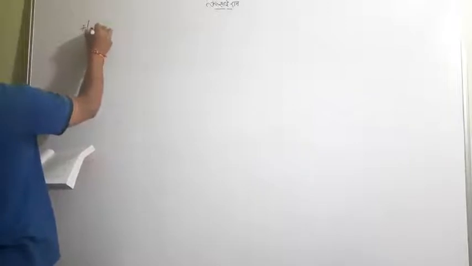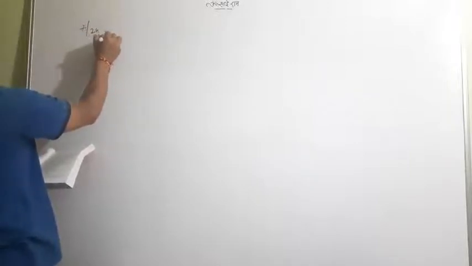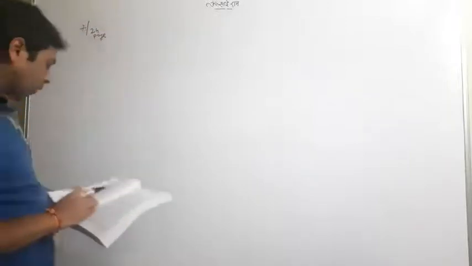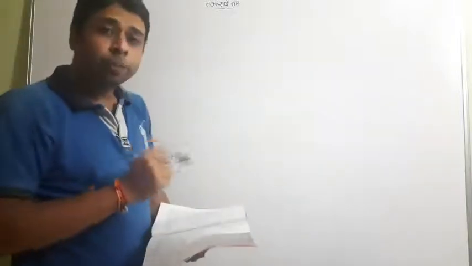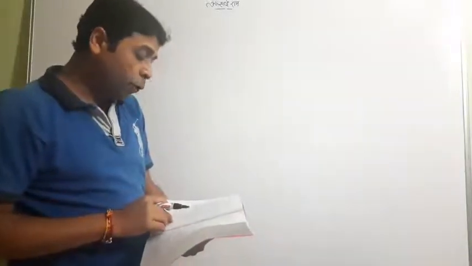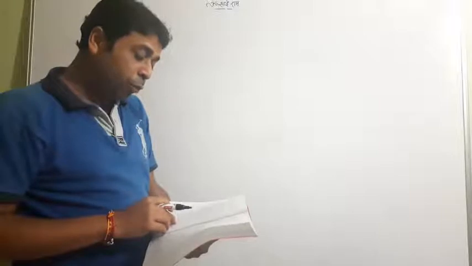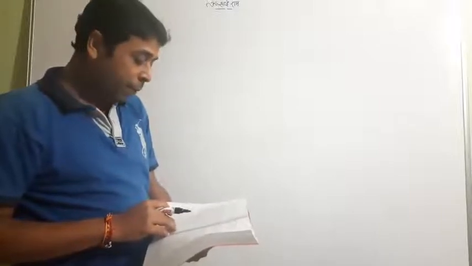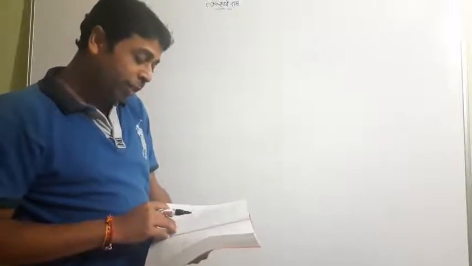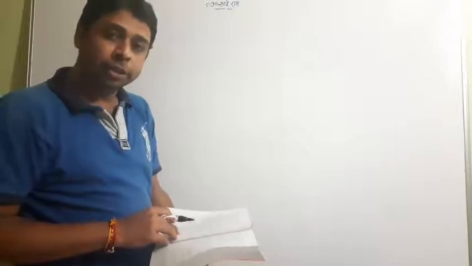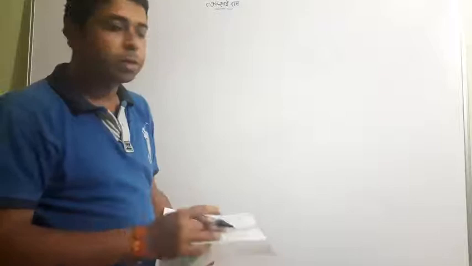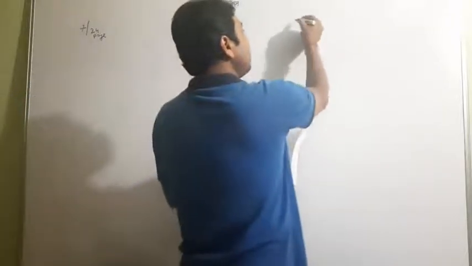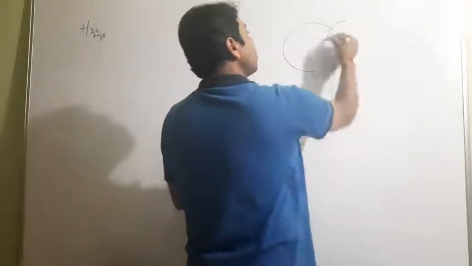Look at the 7th question of the exercise, page 24. The question says, in a group of 65 people, 40 like cricket, 10 like both cricket and tennis. How many like tennis only, not cricket, and how many like tennis? Very good sentence. First it is written that in a group of 65 people, meaning that we have 65 people like that.